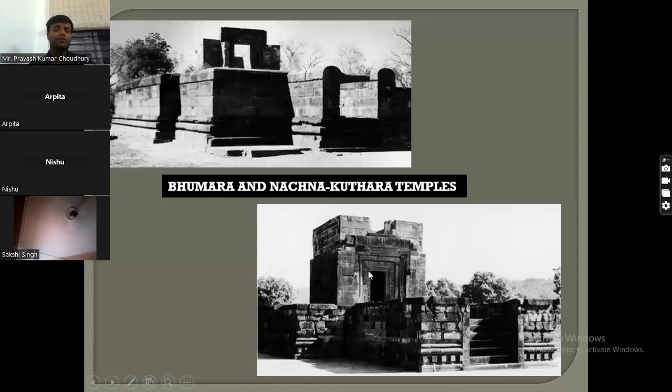There is a pavement, and then you have the Garbhagriha directly. You directly enter into the Garbhagriha of the temple wherein the main deity is going to be placed. So people could have been offering prayers directly inside the temple. So what we can see is that these temples are very simple in structure, wherein an adhisthana with a Garbhagriha